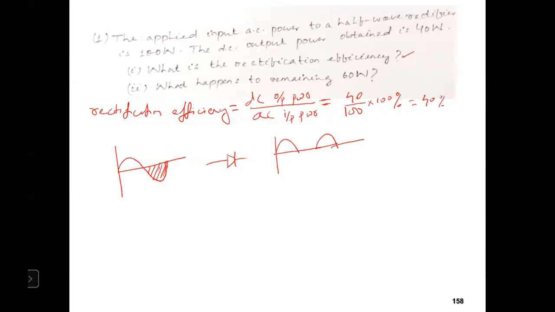So in that sense, the 100 watt AC power is consumed, but the positive half cycle में 50 watt का power है, और negative half cycle में 50 watt का power है. This 50 watt in the negative half cycle is not actually supplied at all. Only the 50 watt which is there in the positive half cycle is transferred, or given. So there is another term which is called power efficiency.